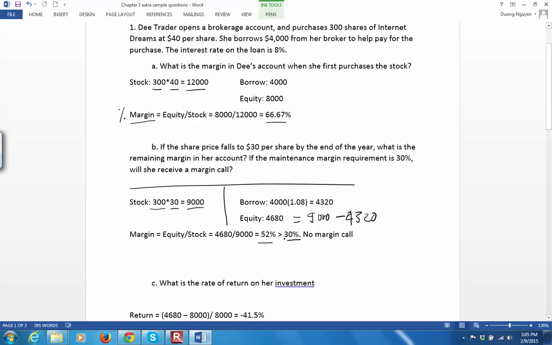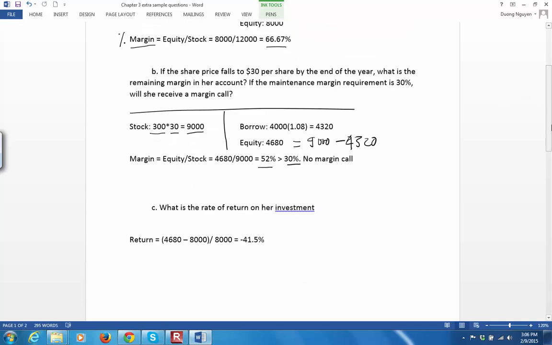And finally, what is the rate of return on her investment? So at time 0, at the beginning, she invested $8,000 of her own money, and at the end of the year, her own money ended up as